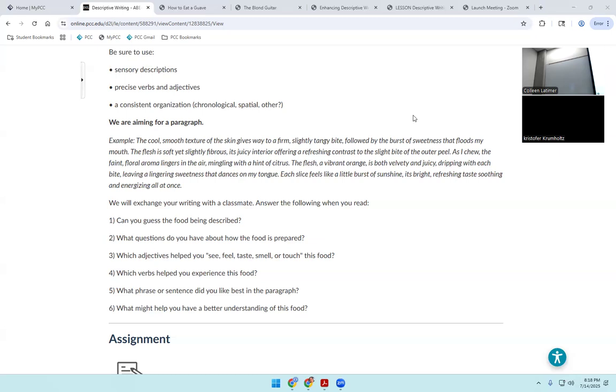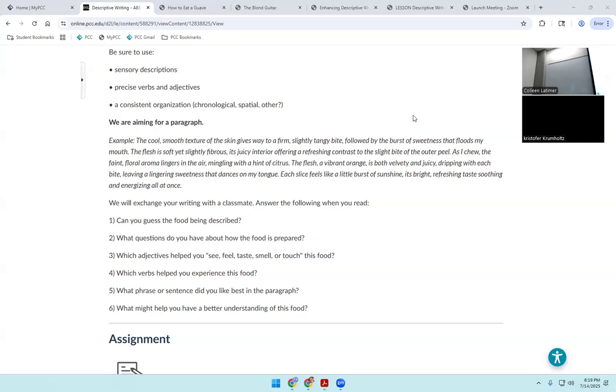Excellent. So we'll start with the most positive part. What was the best line in each of yours that really helped transport you to tasting it or feeling what it was? Can you look at each other's and figure out the best sentence in each other's writing? Which phrase or sentence was the quintessential, oh, now I've got it?